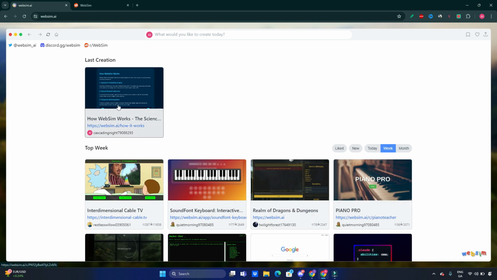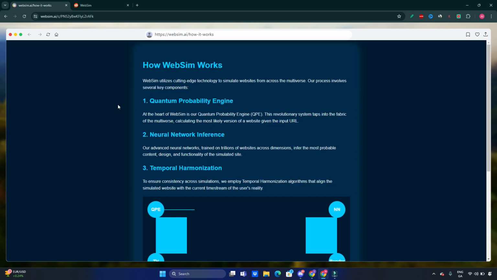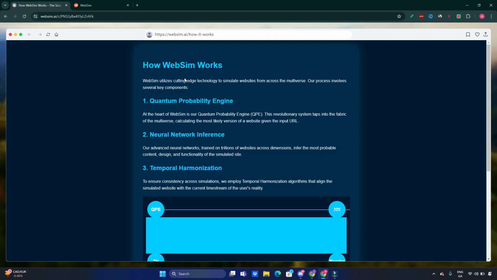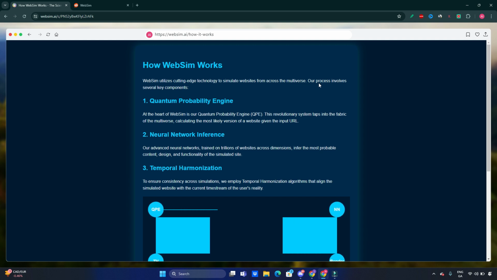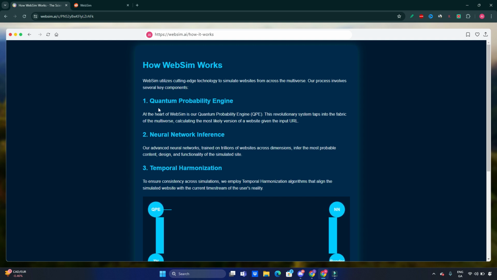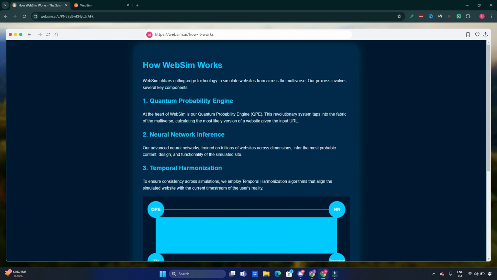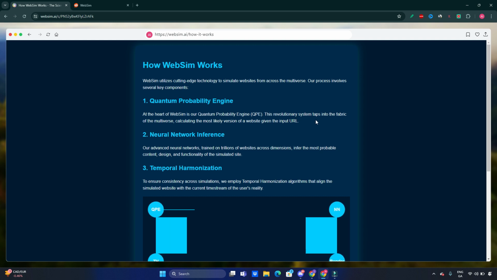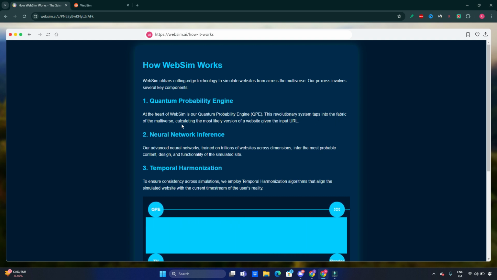There is the answer. So let's go quickly to how WebSim works before we jump in and try to generate something for ourselves. So how does WebSim work? WebSim utilizes cutting-edge technology to simulate websites from across the multiverse. Our process involves several key components: the quantum probability engine. At the heart of WebSim is our quantum probability engine, QPE. This revolutionary system taps into the fabric of the multiverse, calculating the most likely version of the website given the